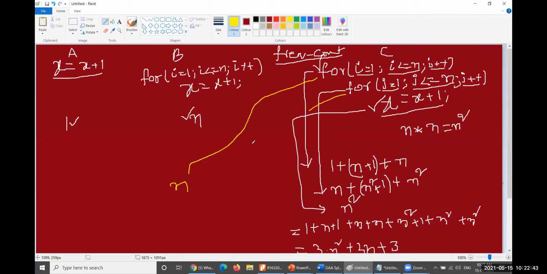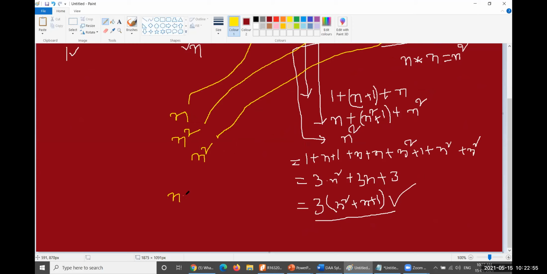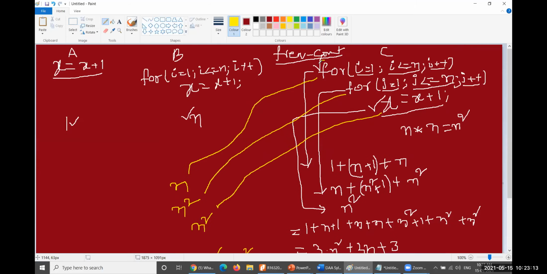Then how many times is the inner statement executed? n square times. And this one, n square times. As a result, n plus n square plus again n square, so 2n square plus n. This is the step count complexity. How many operations are involved within this particular thing doesn't matter. What matters is how many times it is executed, how many times the controller comes back to this particular loop, which is n times.